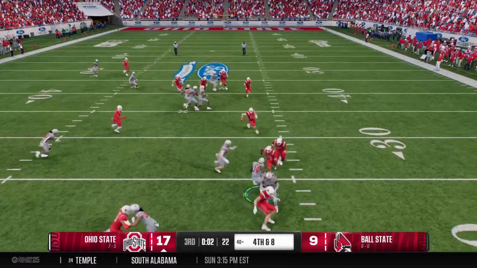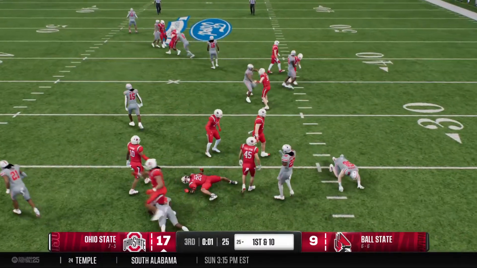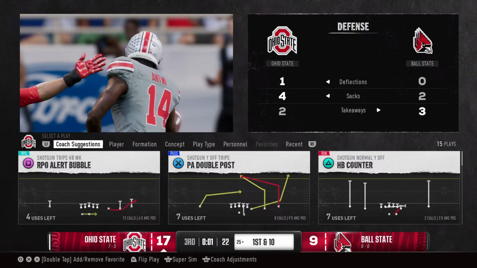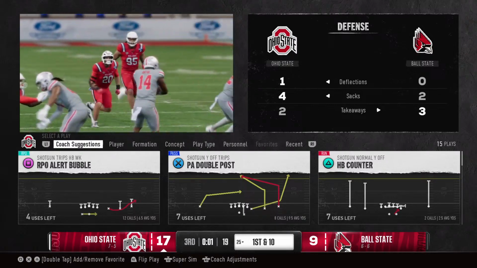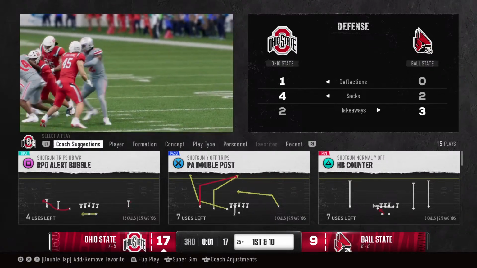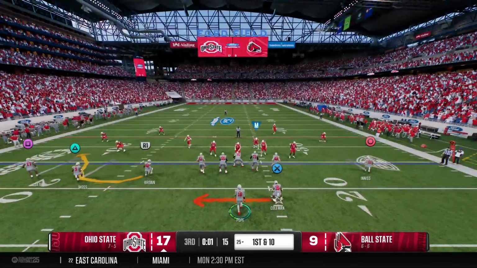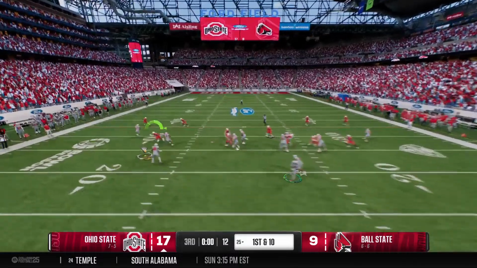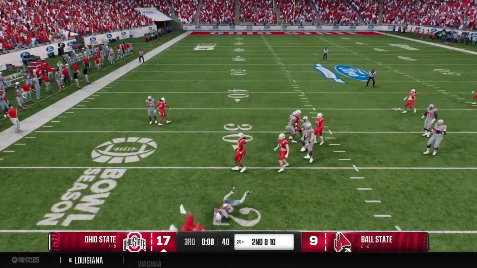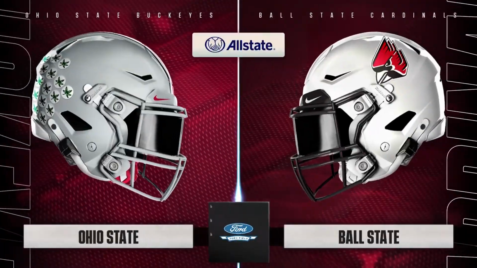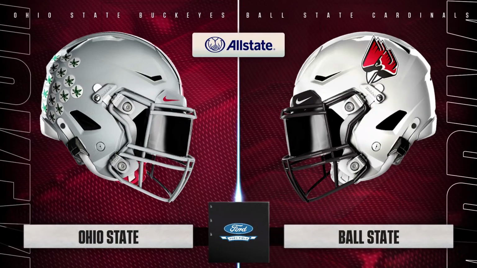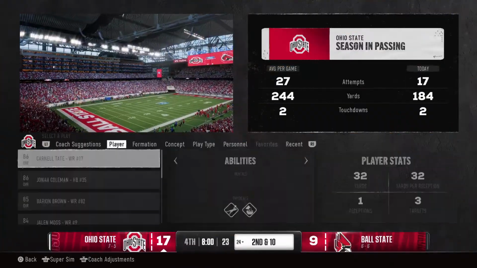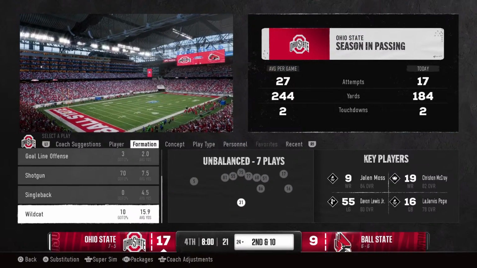He fields the punt and tries to pick up some yards. He'll get it to about the 25 before they put a stop to the return. Final play of the quarter coming. Pulled and fired, complete. And maybe he'll get back to the line of scrimmage, but no more than that. Well, guys, Ohio State has the lead here. They're sitting in a strong position here with the lead. Let's take a look at our game summary.